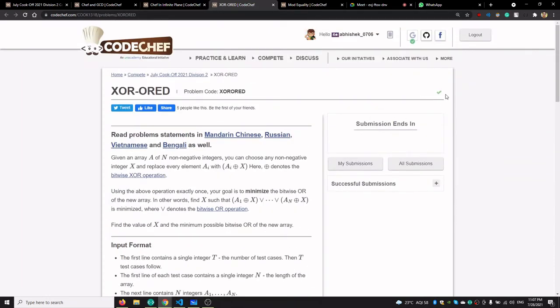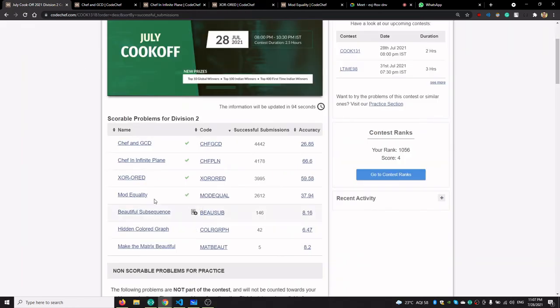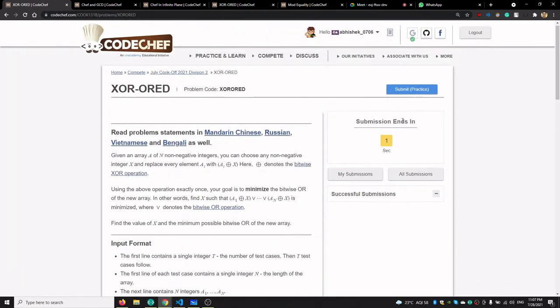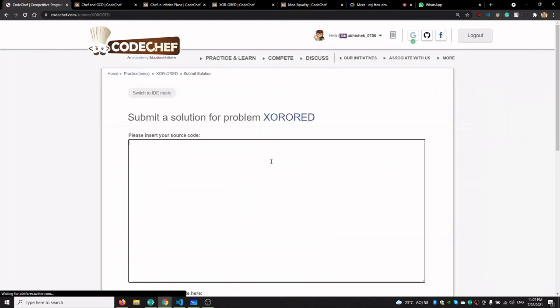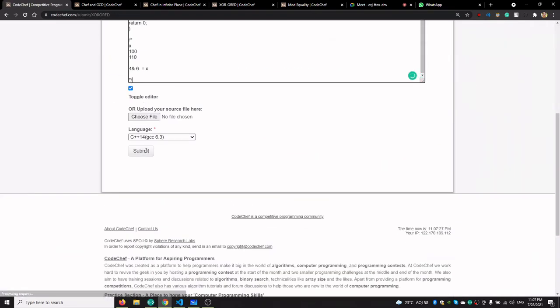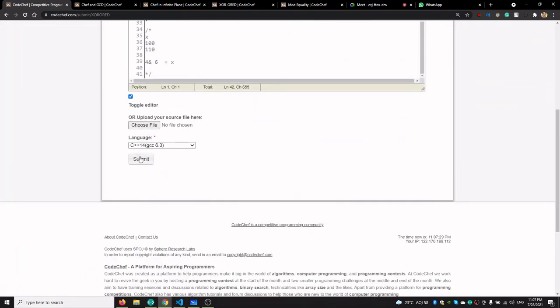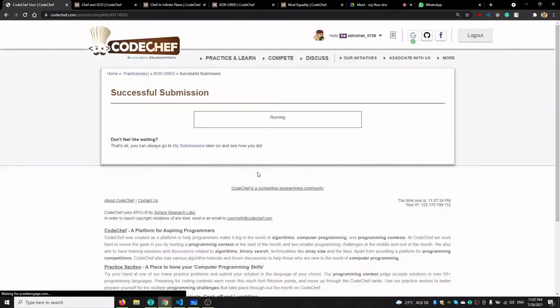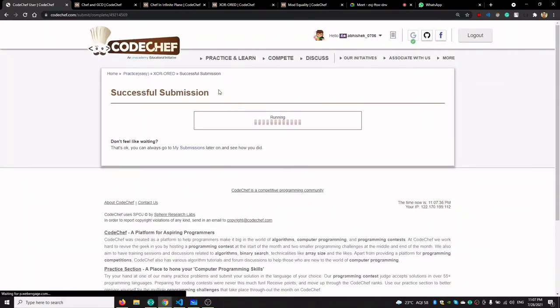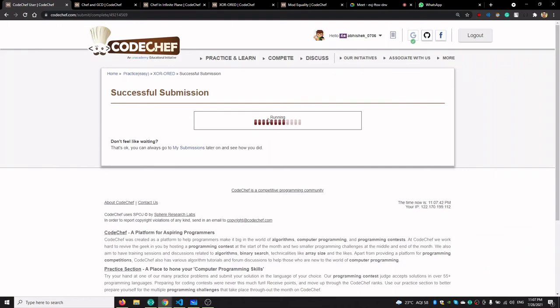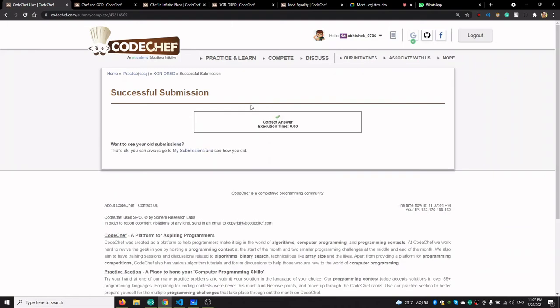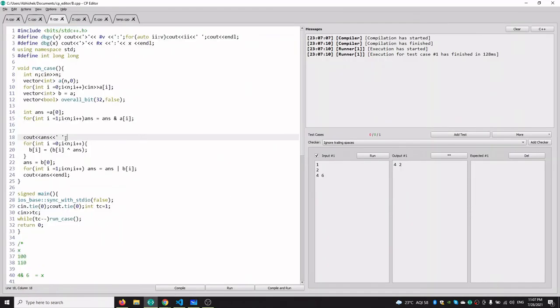I think we do not have the option to submit now. Okay, we can submit it in practice. So yeah, this solution also works. We are doing the same thing in those two for loops.